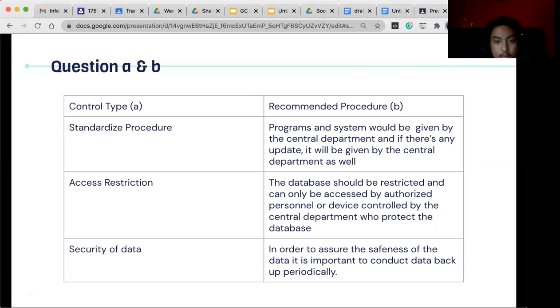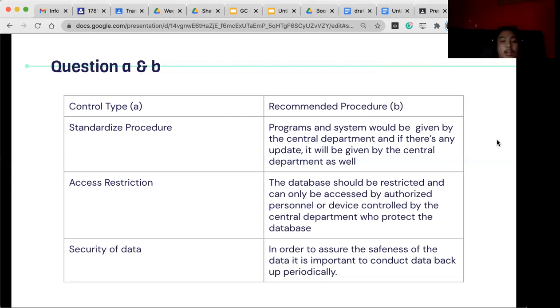So only the central department is able to install or update the system on all microcomputers. So the microcomputers would have the same software, and there would be less risk of breaching or installing undesired